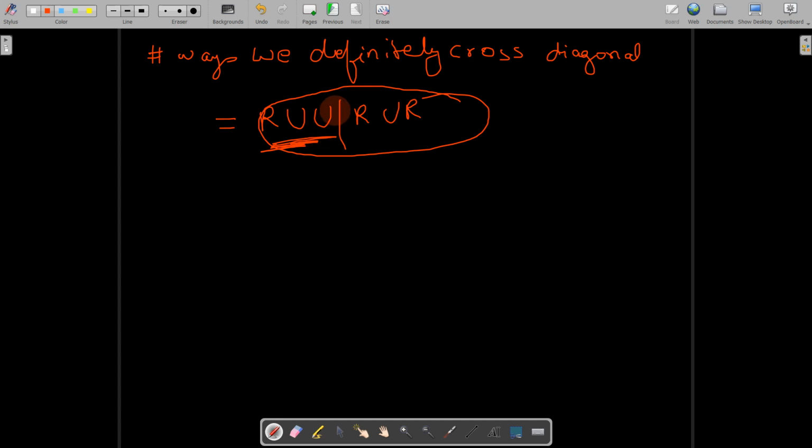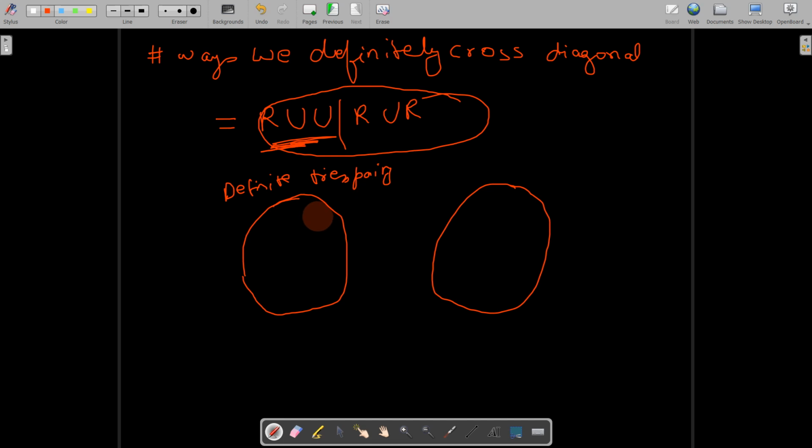diagonal. So what we will do is map something that is not easy to count. This is the set of all the possible ways in which we are definitely crossing the diagonal. So this set represents definite trespassing of the diagonal. But this is hard to count. What we will do is map every way in which we are trespassing the diagonal uniquely to another set of paths, so that there is a unique mapping.